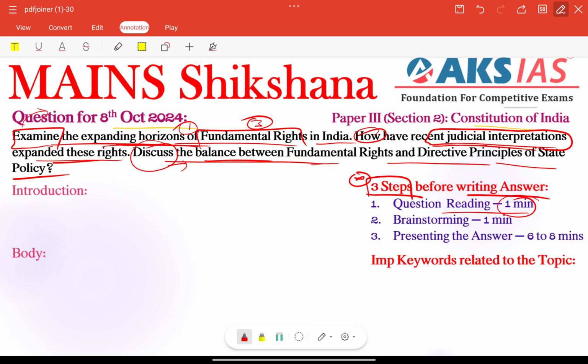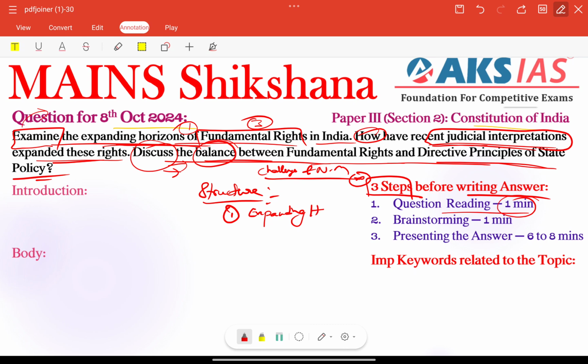Discuss the balance between fundamental rights and directive principles of state policy. This is also very important. Other than that, as per the discuss keyword, we can provide some challenges and also needed measures here. So if you check the total structure of this question, the first important thing is we need to